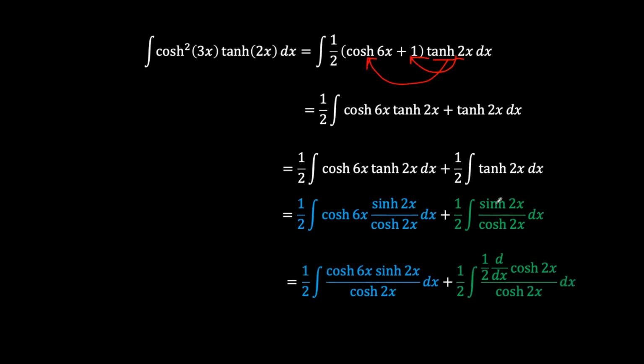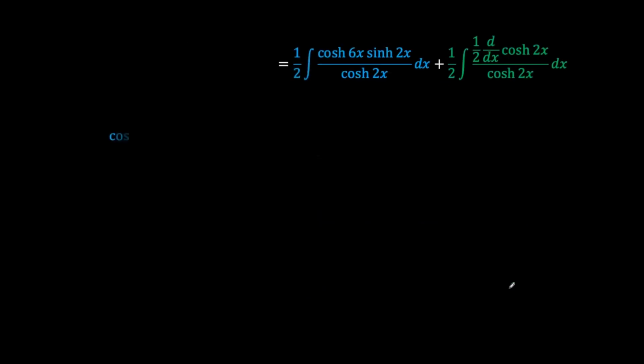And then, as we see here, sinh 2x is the same as half the derivative of cosh 2x. So in the numerator, we have half times the derivative of the denominator. And we're going to see there's a reason that I have expressed it this way. We'll see why I'm doing that. Now I've separated this into two separate integrals. We have the blue integral and then we have the green integral. So going forward,